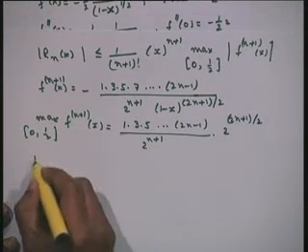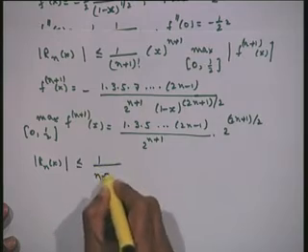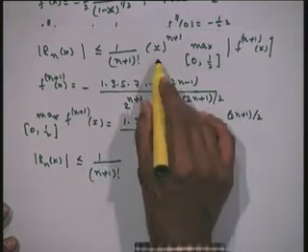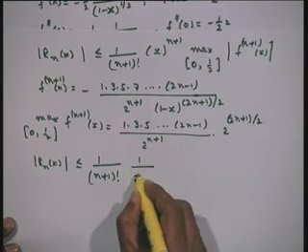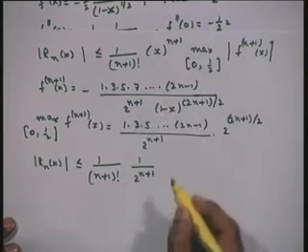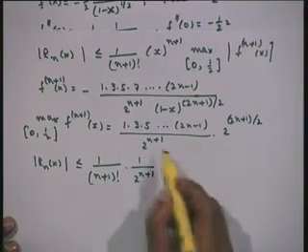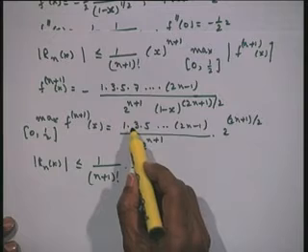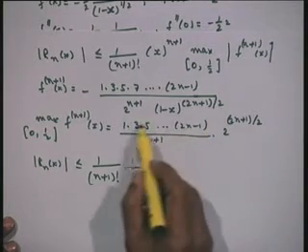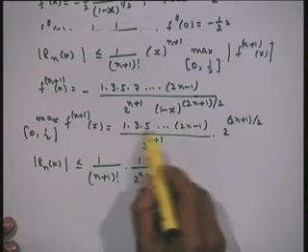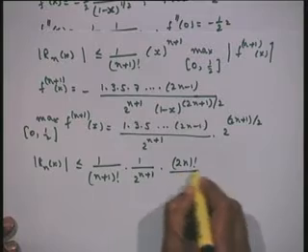Now, let us put it here. Therefore, I will have R n of x is less than or equal to 1 upon (n plus 1) factorial. The maximum of x to the power of n plus 1 in this interval is at half, so 2 to the power of n plus 1, that comes from here. Let us do one more simplification. I will insert here 2 into 4 into 6 into 2n, all the even terms, so that this numerator will become (2n) factorial. So, I can make this (2n) factorial in the numerator.